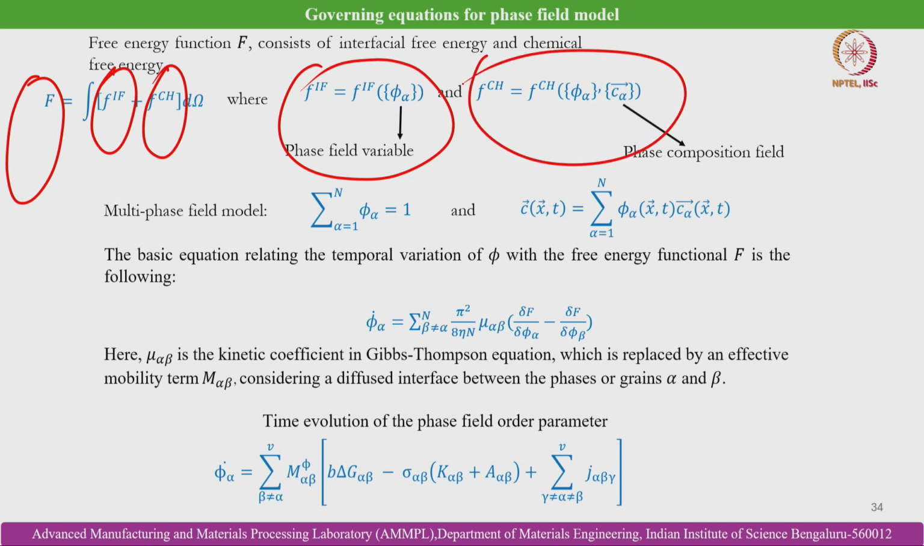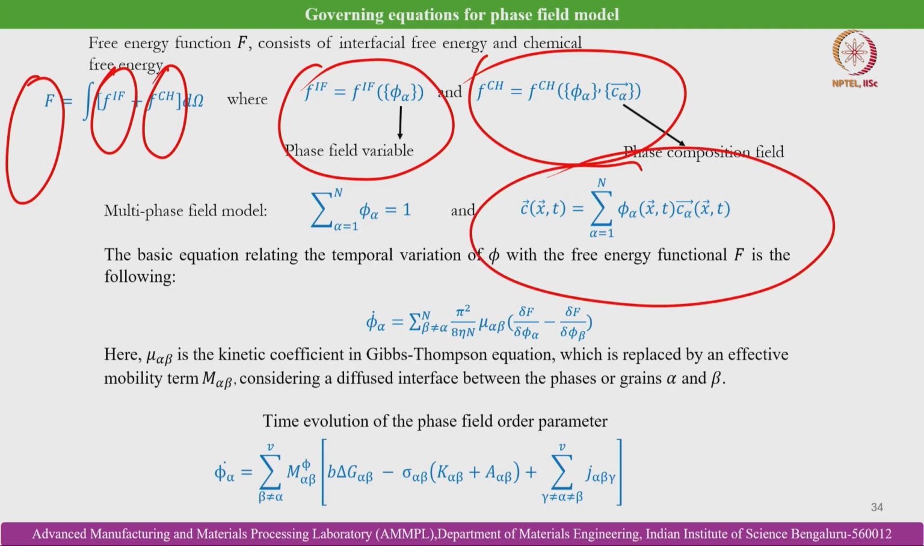Okay. According to the principles of the multi-phase field model, the summation of phi alpha, alpha equal to 1 to n, that means the summation of all the phase field parameters of different phases, equals 1. And we already know that the phase field parameter assumes the value of 0 when it is liquid, and it assumes the value of 1 when it is depicting solid. And the composition term, which is a function of both space and time, C bar x t, is equal to the summation of alpha equal to 1 to n of phi alpha into C